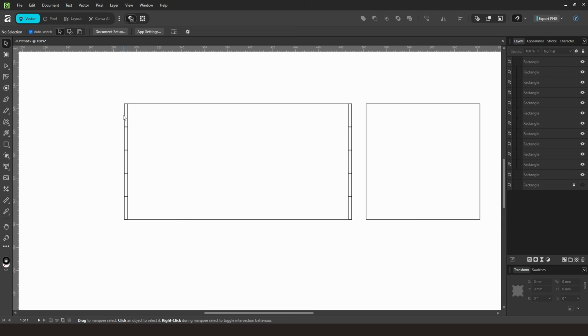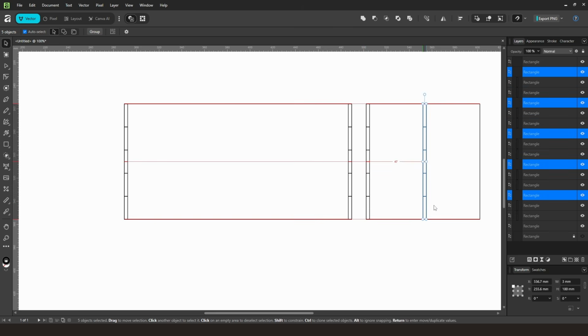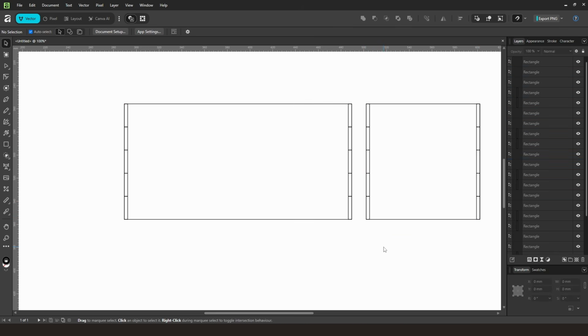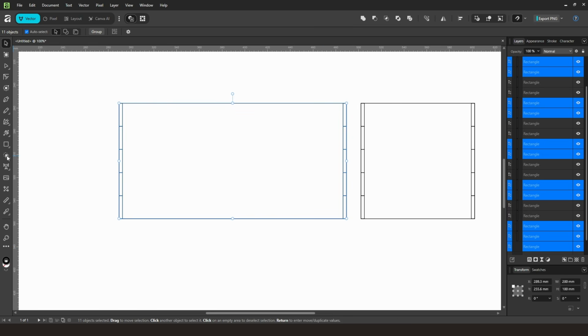So now we have some tabs on the left and right hand side. I'm going to do the same thing for this little box here. Hold Control, click and drag, and hold Control, click and drag. So we've got the front and back and both sides. I'm going to leave the top open, but I'm going to leave the bottom for now because we're going to come back to that. I'm going to select all of the front and back and go over to the Shape